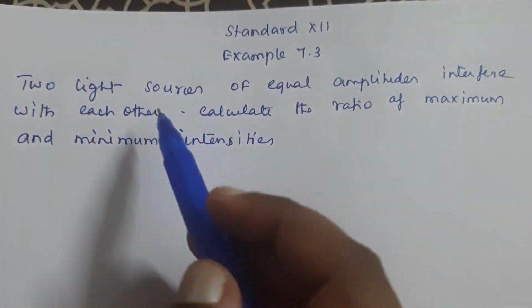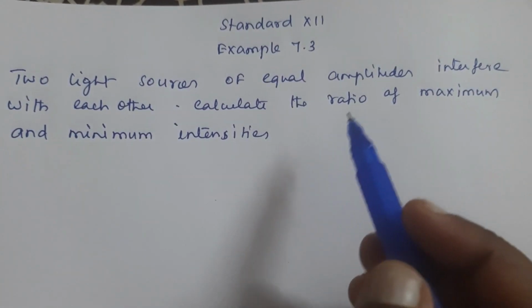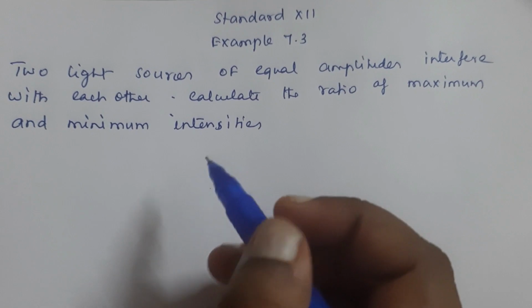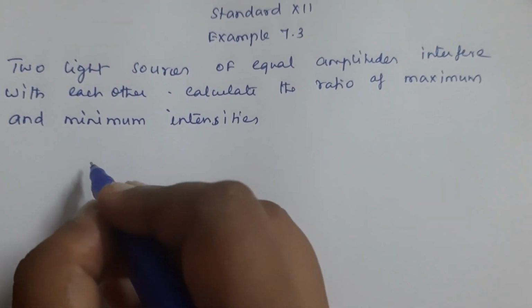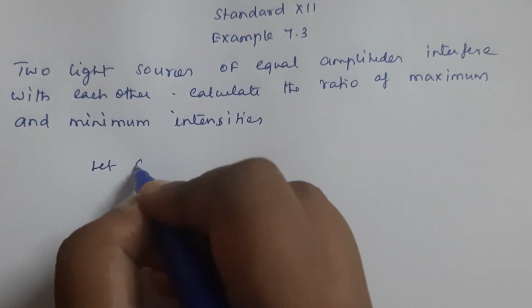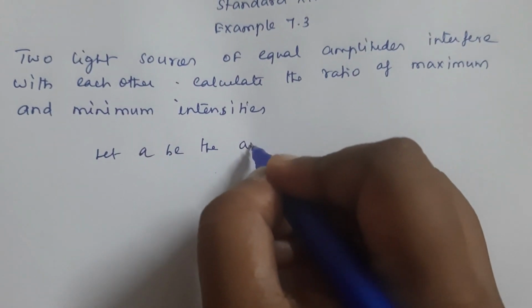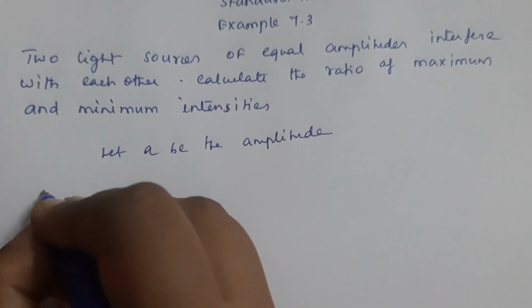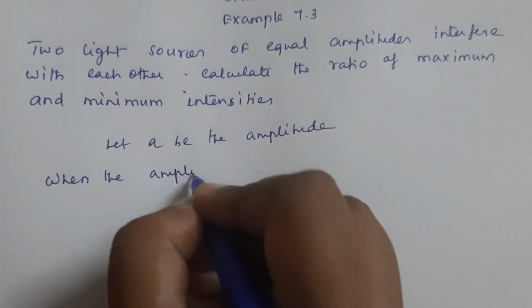Example 7.3. Two light sources of equal amplitudes interfere with each other. Calculate the ratio of maximum and minimum intensities. Now here the amplitudes of the two light sources are equal. So we can take, let A be the amplitude. Okay. So when the amplitude of the sources are equal,